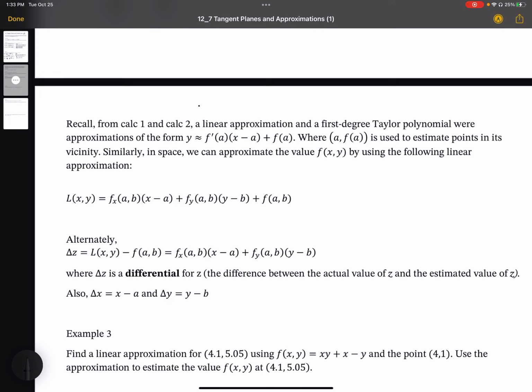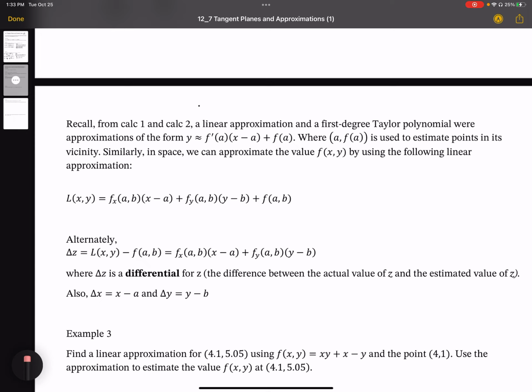Using this same principle but doing points in space, we can approximate how high above or how low below the XY plane we are given a particular point, and using that plane to approximate that point in space. So what that's going to mean is that